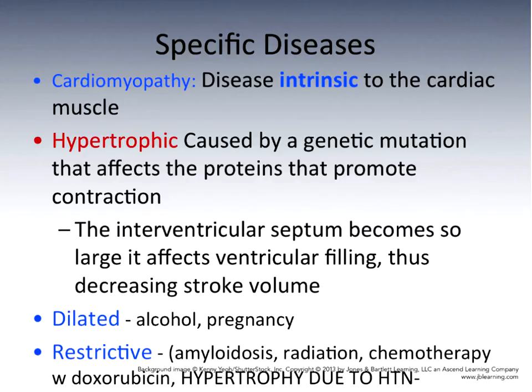It's one of the drugs used in chemotherapy complex treatment that can lead to restrictive cardiomyopathy, as well as dilated. It's a permanent